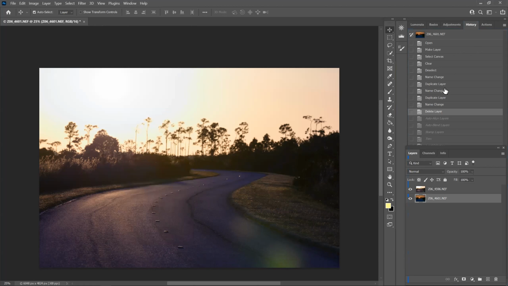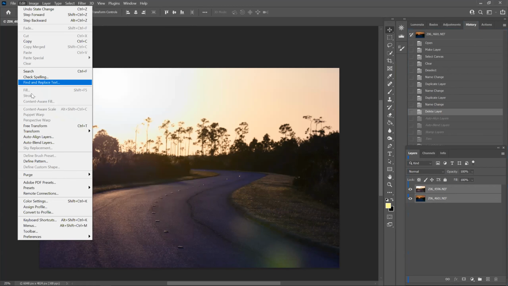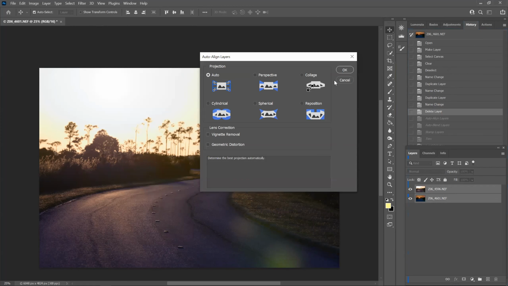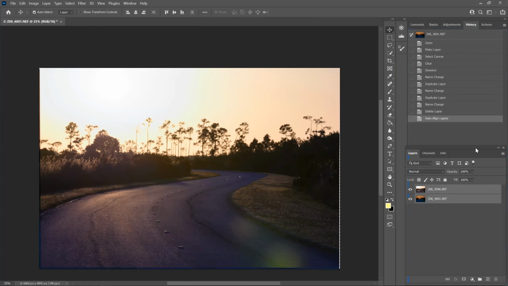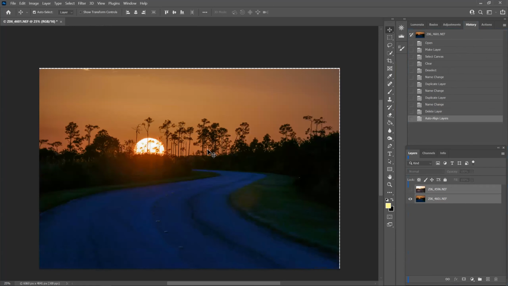If you can't Control Z or Command Z, that usually undoes what you just did. You can always go to history and just do what I did. So we are at the same spot. I'm still going to auto align the layers. So I selected both layers, Edit, Auto Align. But what I'm going to do is manually select the bottom in this image and the top in this image.